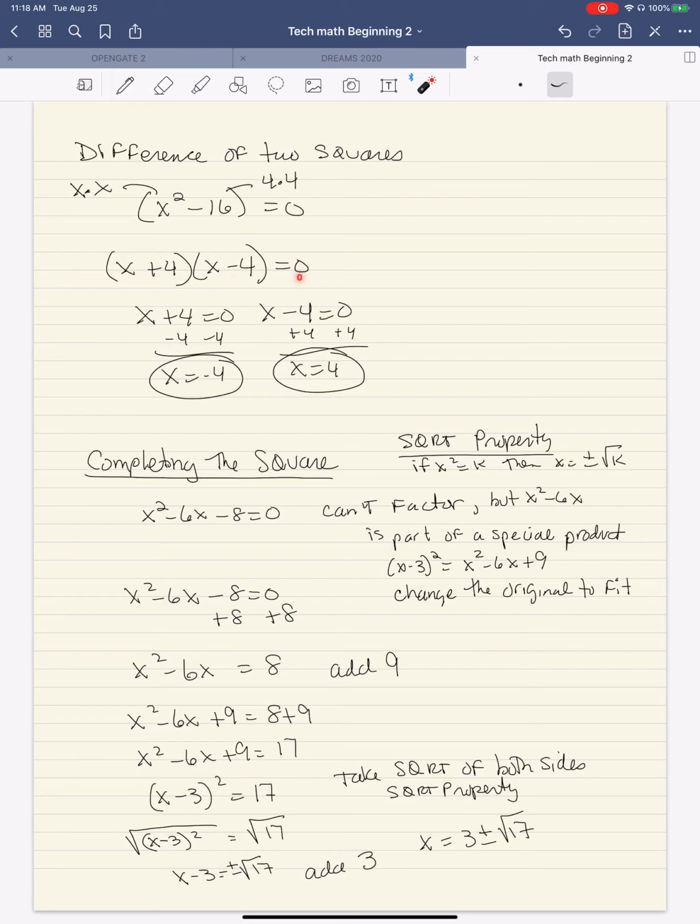Take out your zero products rule. X plus 4 equals 0. X minus 4 equals 0. Subtract 4 on this one. You get a negative 4. Add 4 on this one. You get a positive 4. Another way you can factor is by completing the